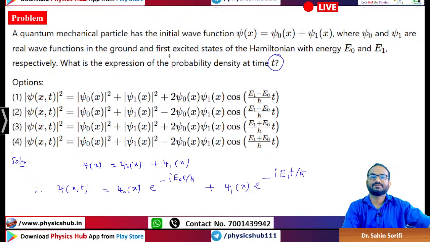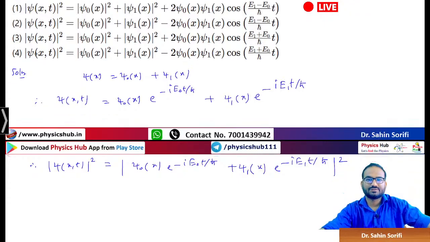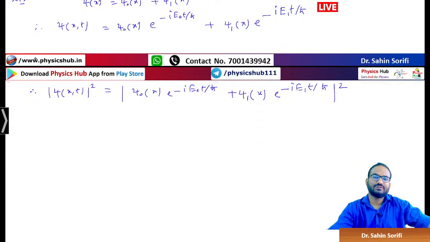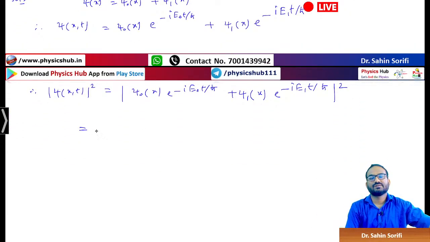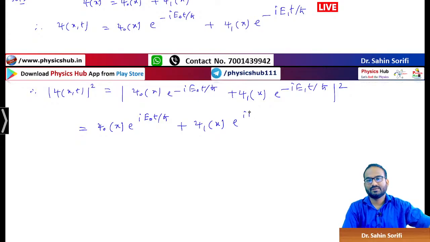It is given to you. Real wave function means psi 0 star is equal to psi 0, psi 1 star is equal to psi 1. So you can write, let's say psi 0 star is psi 0, e to the power i E0 t by h cut, psi 1 star is psi 1, e to the power i E1 t by h cut, multiplied by again